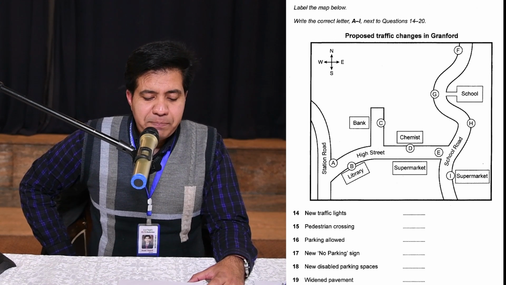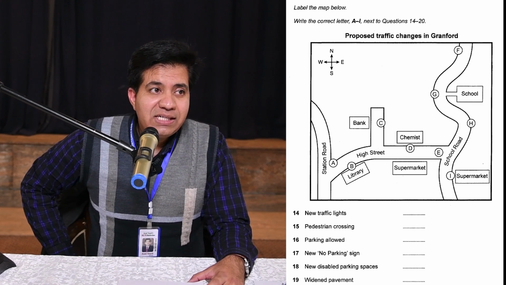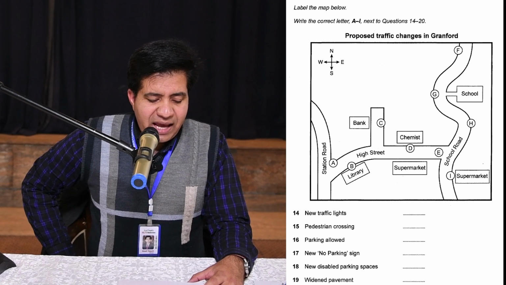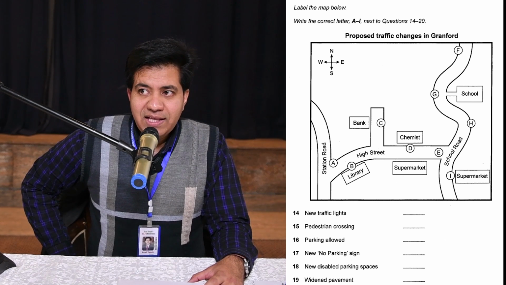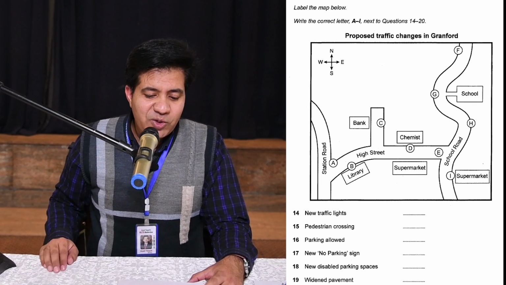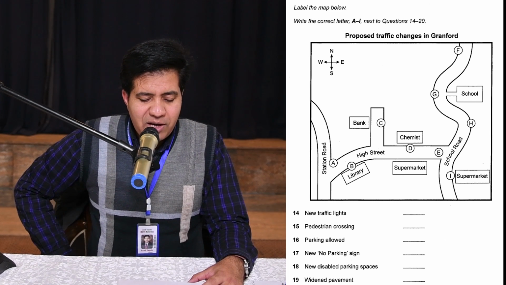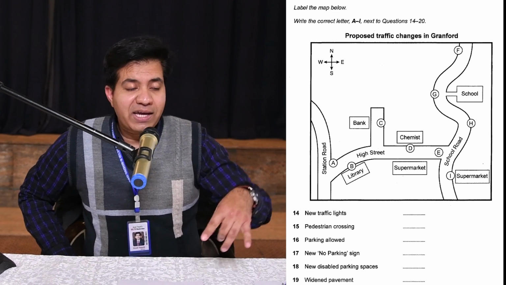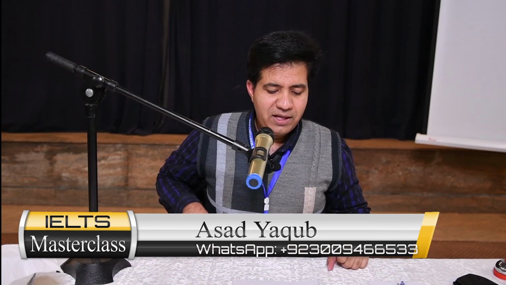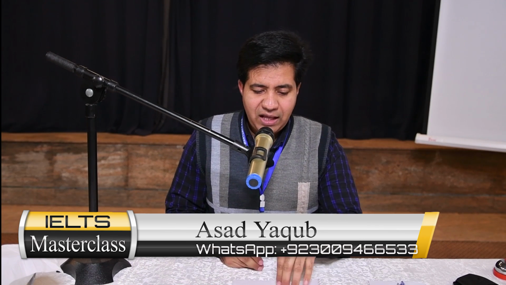18. New disabled parking spaces. It is C. In front of the bank. They use the word bank. Number 19. Widened pavement. It is H. They use the word bend before the school. Right? So it's H. And question number 20, lorry loading, unloading restrictions. I, supermarket, and then they mentioned the supermarket on School Road. Okay, so you can see how many answers are correct, and you should have more correct answers for that.